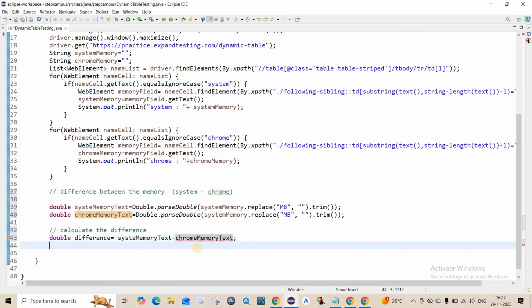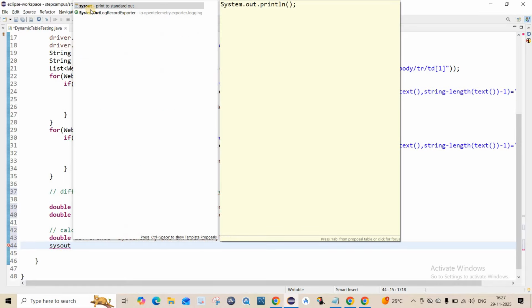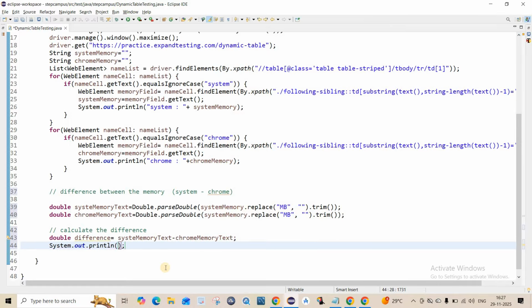Okay, and whatever the value we are getting from there, we will print out this value. Like, difference is, plus difference, difference is this value, and we have removed this